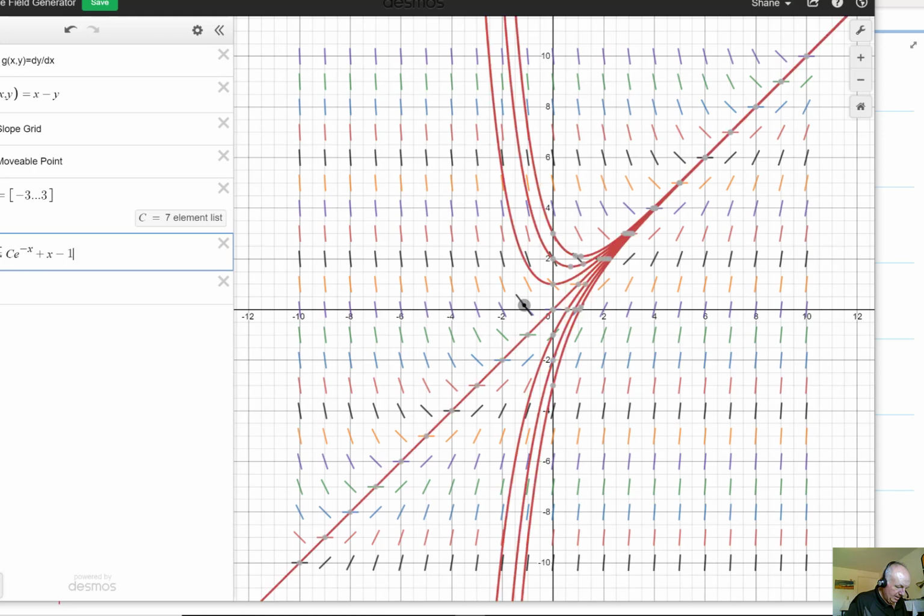And we should start to see, yeah, there we go. So see how it graphs? This has graphed 6 or 7 particular solutions for different values of c, and you see how they flow along these